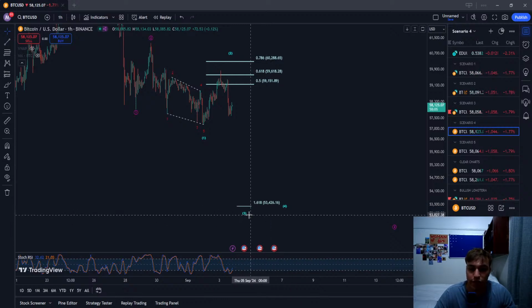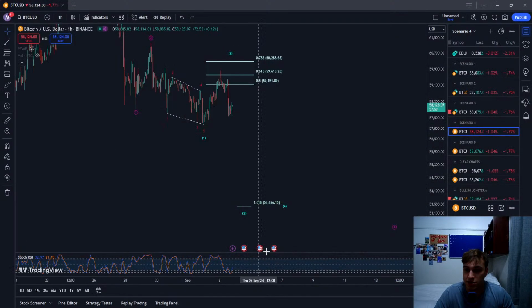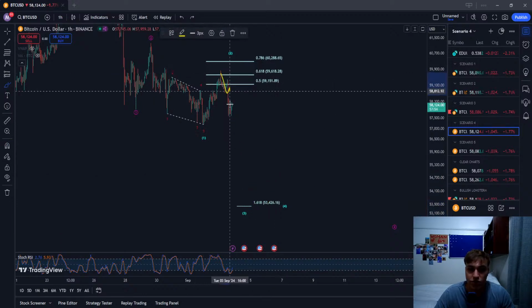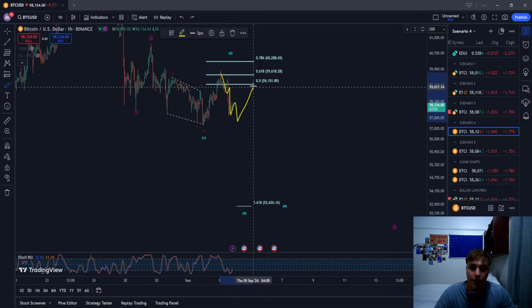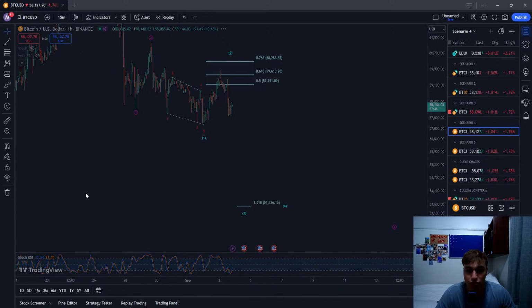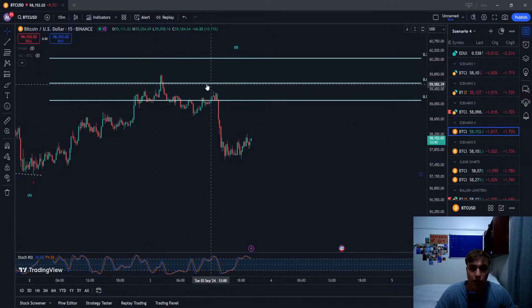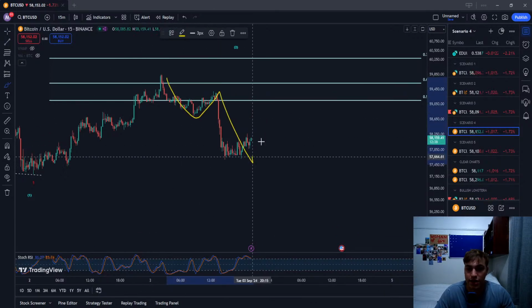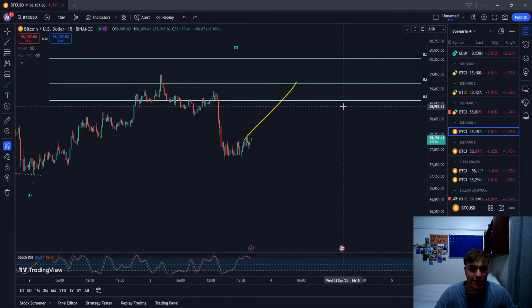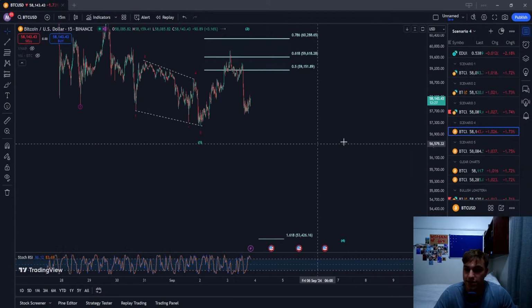Minimum target for this wave 3 in blue is 53,426. So that is the price we're looking for at the moment. This is possibly a 1, 2, 3, 4, 5 in a wave 1, followed by another 2, and then a further drop to the downside. That would be a multi 1, 2. That is what we're looking at the moment, but we'll see whether this move down does make that 4th and 5th wave. If not, a take of the high is likely again. So let's see, but we'll keep tracking that at the moment.